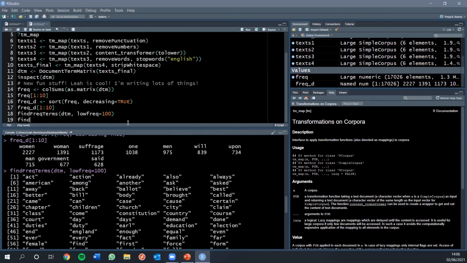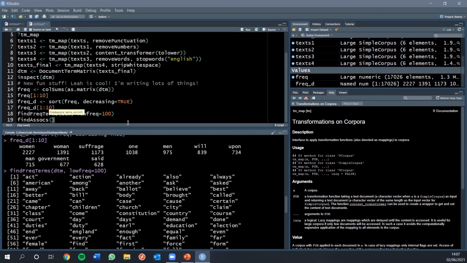And then I also, in the slides, I've put something called findAssocs, which means find associations. For those of you doing prose analysis, like what we're doing here, this isn't a particularly useful tool unless you're using like 100 plus texts, in which case it might be useful. But for those of you doing things like social media analysis and analysis of tweets, for example, this is really useful. So find associations means that you're looking across documents and you're finding words that appear in the same document. And it will tell you the kind of statistical probability of those words being put in the same document